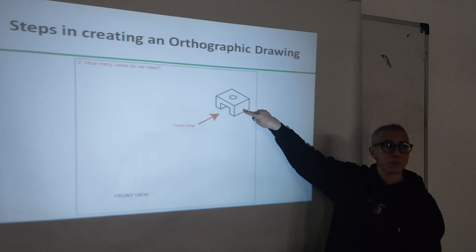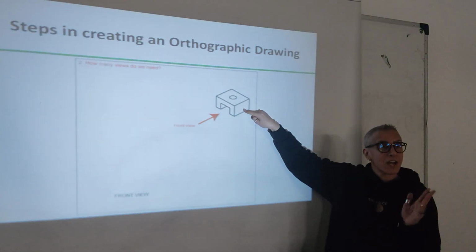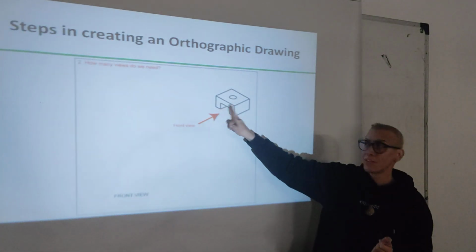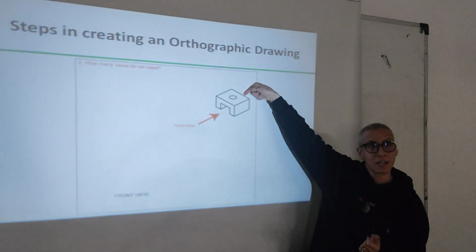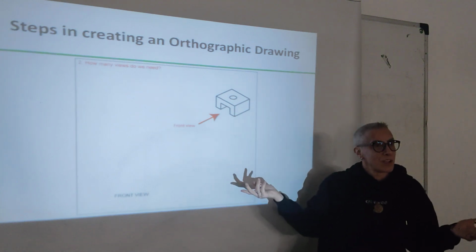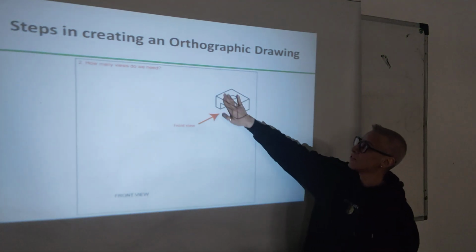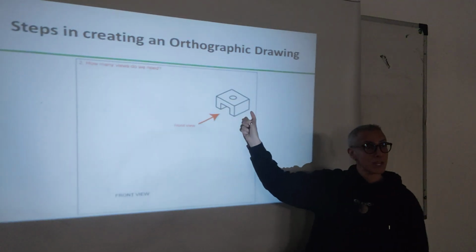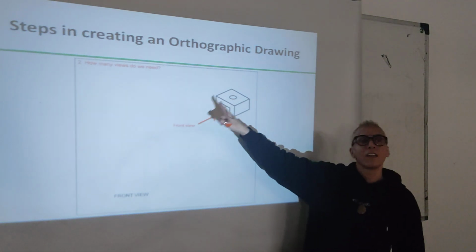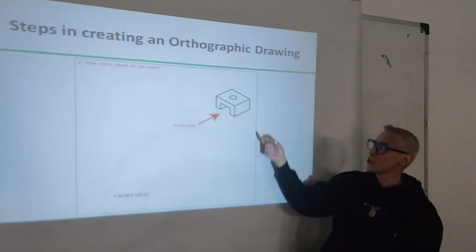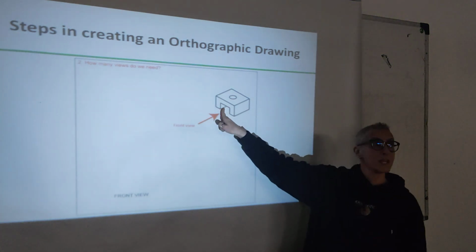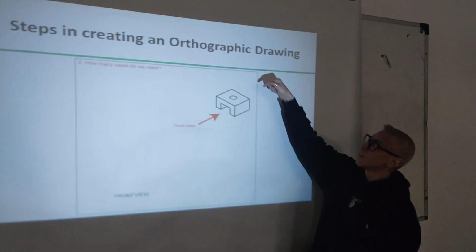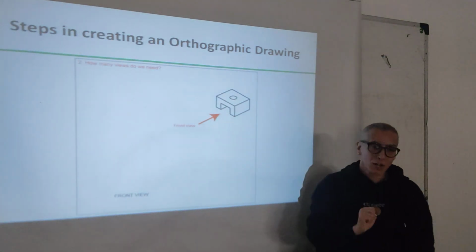Now, if I choose this as the front, there is nothing wrong with it. But where will the right side be? This will become the left side. The right side will be the side from the back. So you cannot do it this way. We can see 1 side, 2 sides, 3 sides. There is one logical way: this is the front, so that this can become the right side. If I tell you draw me the front and the left side, then it's a different story. You can choose this one to be the front and this will be the left side. So be careful, also about what is logical. The top is always the top, from the top.